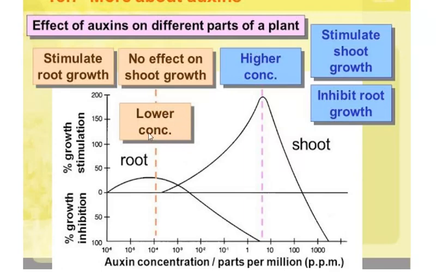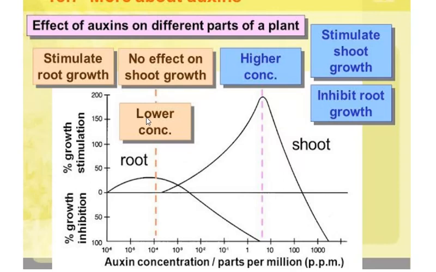Now as you can see, low concentration tends to stimulate the growth of root, but at low concentration there is no effect on the shoot growth, no effect at all. This is very important to know, because in some of the effects in roots and shoots, we would expect the same effect to occur in both. For example, in geotropism, for a horizontally placed root and a horizontally placed shoot, both of them are horizontal, and the auxin is pulled by gravity downward. Now the downward pulling of auxins in the shoot will result in elongation of the downward cells more than the upward cells,